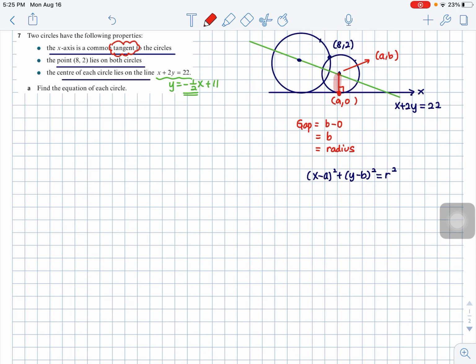Okay. So what I can do now, the r squared I can rearrange and I can call it as b squared now. So how do I find this particular x and the y? It is given to me, they have a point which lies on the circle. So we can go ahead and write x minus a squared plus 2 minus b squared. Right?